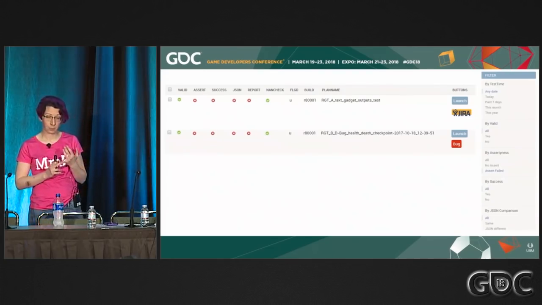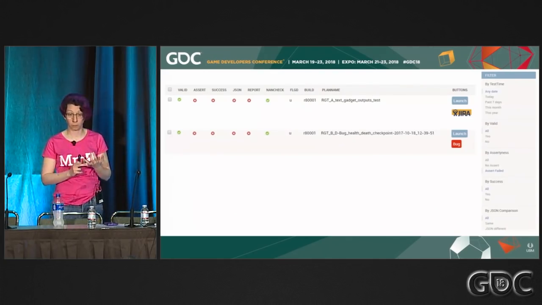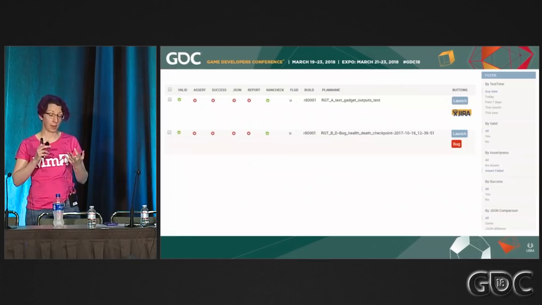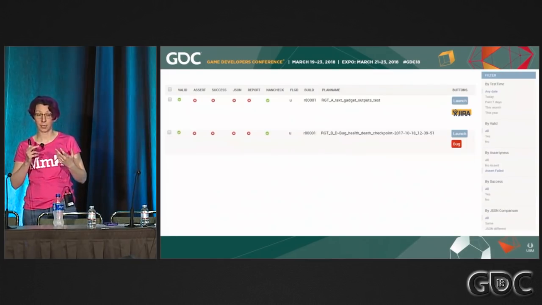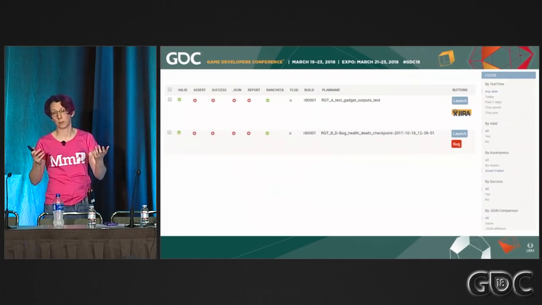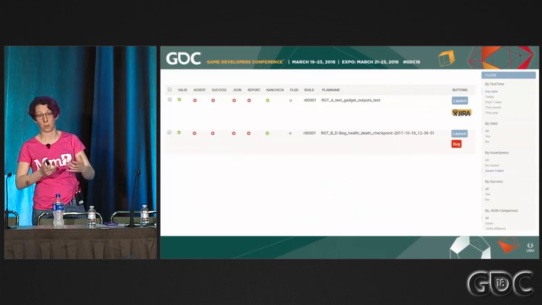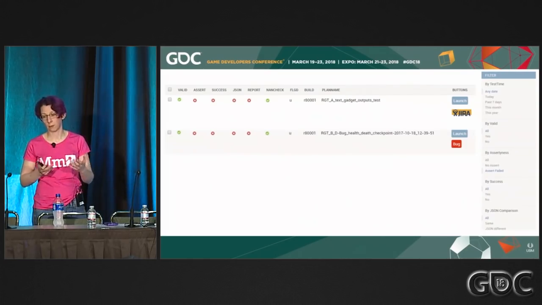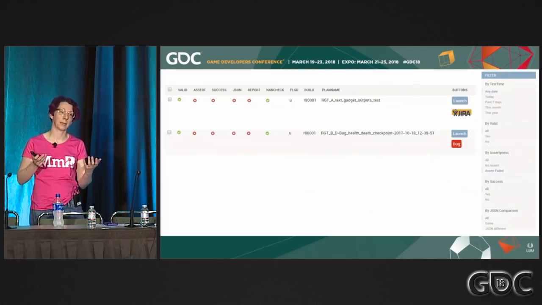So it will attach the replay, it will mark which revision it was seen in, it'll put in the assert message, it will insert the programmer who added the assert, because in Perforce you can go and look up who added a particular line of code. So that gives production a good idea of who to start with when they're assigning it out.